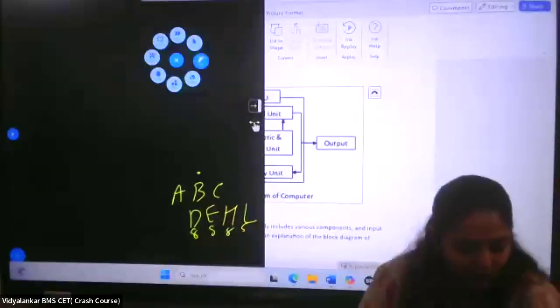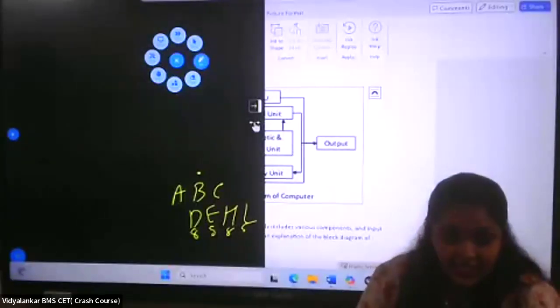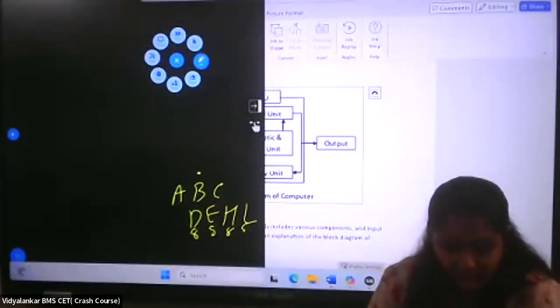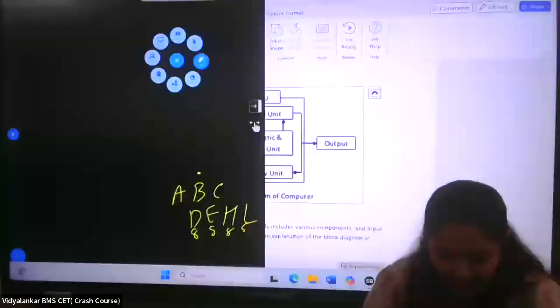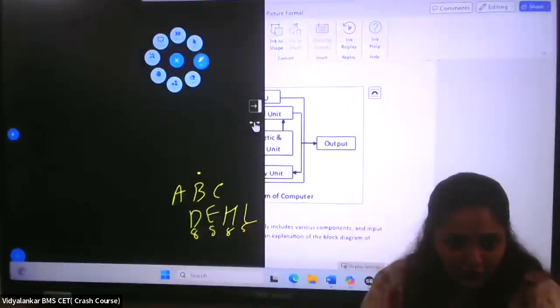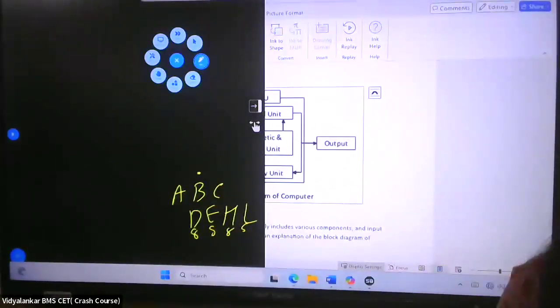Ma'am, actually you told that SSD means solid state drive, it is faster than HDD. Yeah, it is faster than HDD. But when you talk about the computer system, and you cannot see SSD anywhere in the options, the question is not asking that. The smallest and the fastest is your register. If you find SSD in the option, the question will be something else. Okay. Okay ma'am.